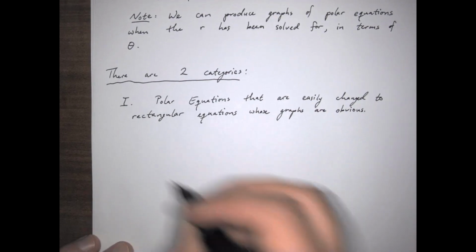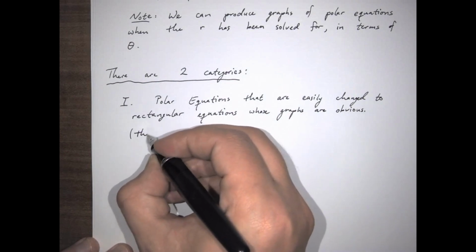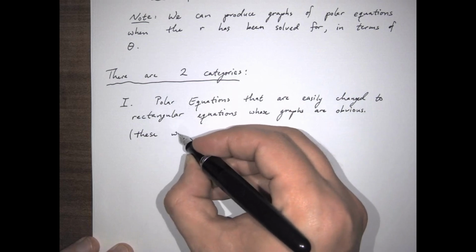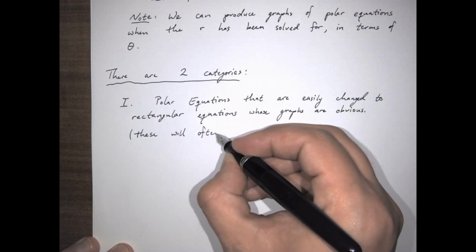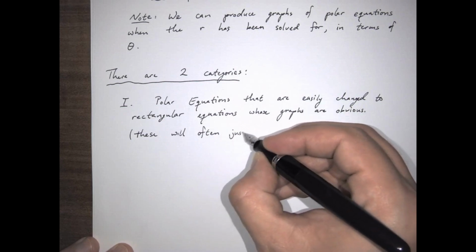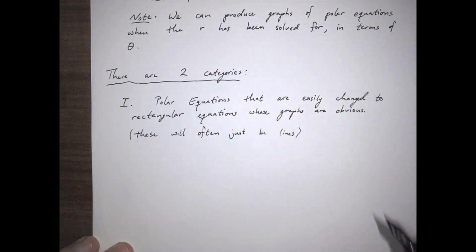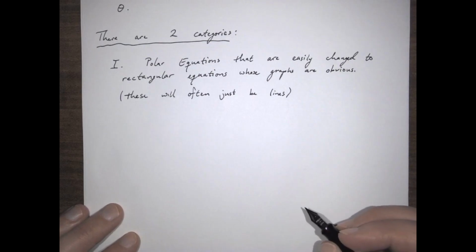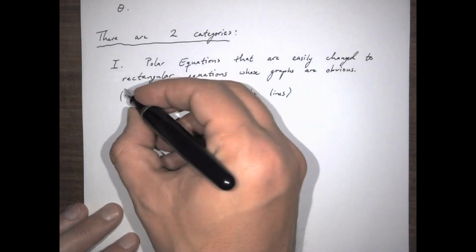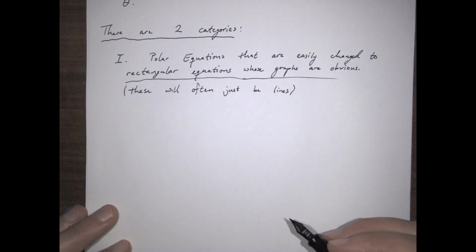And the main category of these are lines. So these will often just be lines. So lines are typically the easiest graphs to produce in rectangular coordinates, and this will be the main category of polar equations, where our default response will be to convert it into